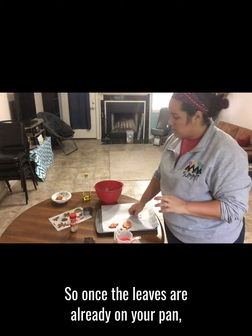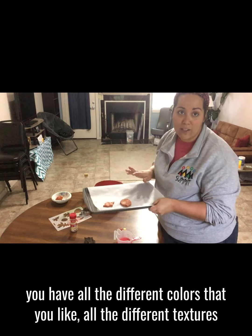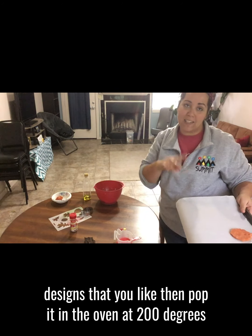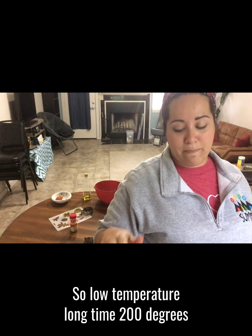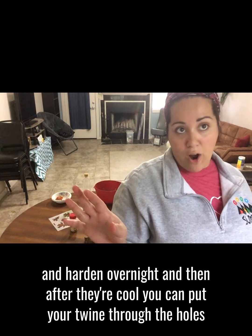So once the leaves are all ready on your pan, you have all the different colors that you like, all the different textures, designs that you like, then pop it in the oven at 200 degrees for 3 to 4 hours. Now it's a long bake, but that's at the low temperatures to help them not crack. So low temperature, long time, 200 degrees for 3 to 4 hours, and then just let them cool and harden